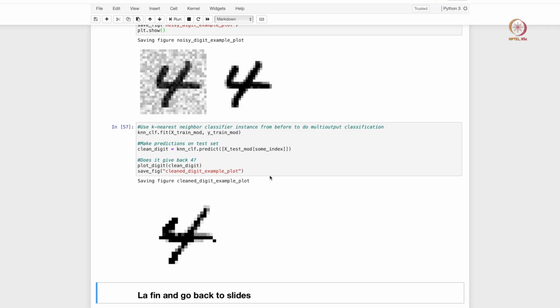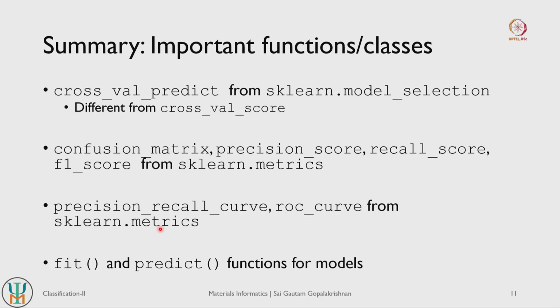So let us now go back to our slides and summarize in two parts. First, we will summarize some of the important functions and classes that we covered as part of this classification workflow. Cross validation predict is a new function that we introduced, which is different from cross validation score, which is commonly used in regression. This is more useful in classification.